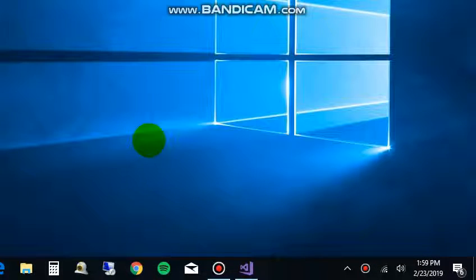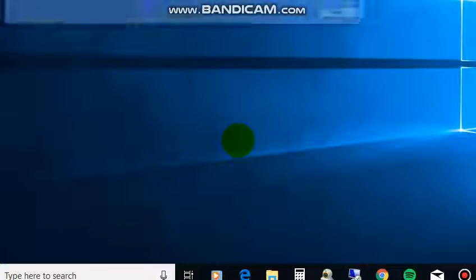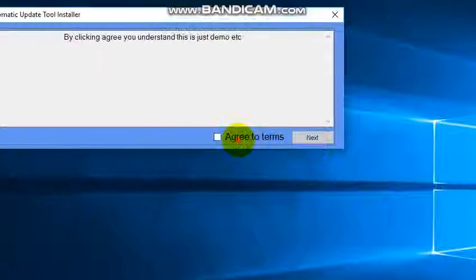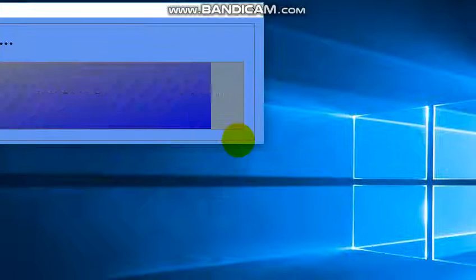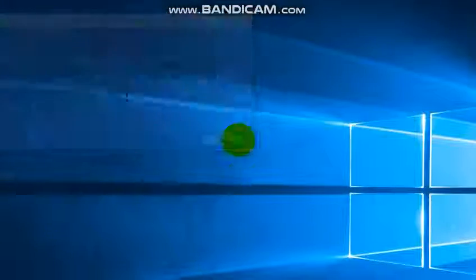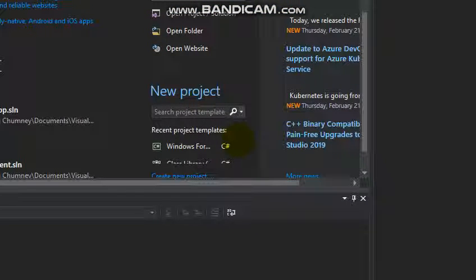Okay, welcome to a quick demo on how to use the automatic update tool and how to integrate an automatic update into your new Windows app or console application using any .NET language. First, install the automatic update tool if you haven't already done so. It's very quick, only takes a few seconds to download and install. You can get it from www.softupdates.com,